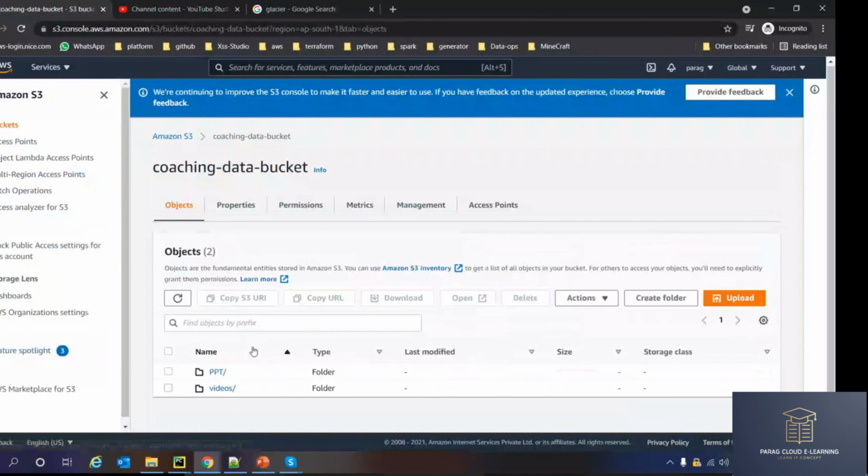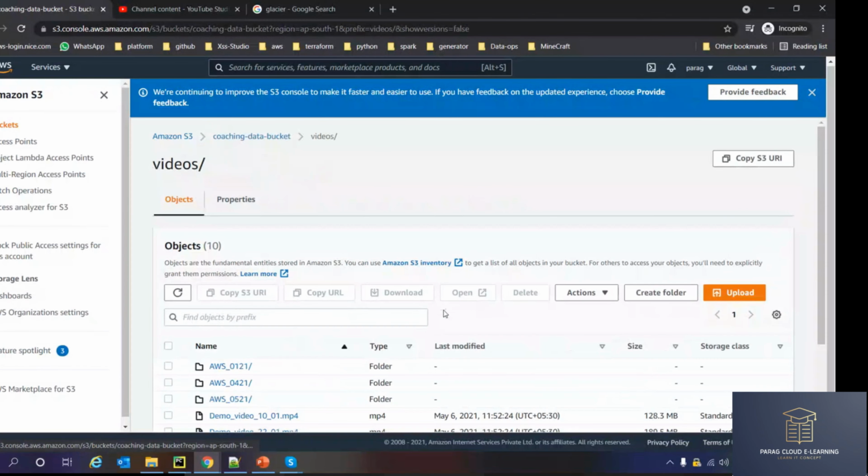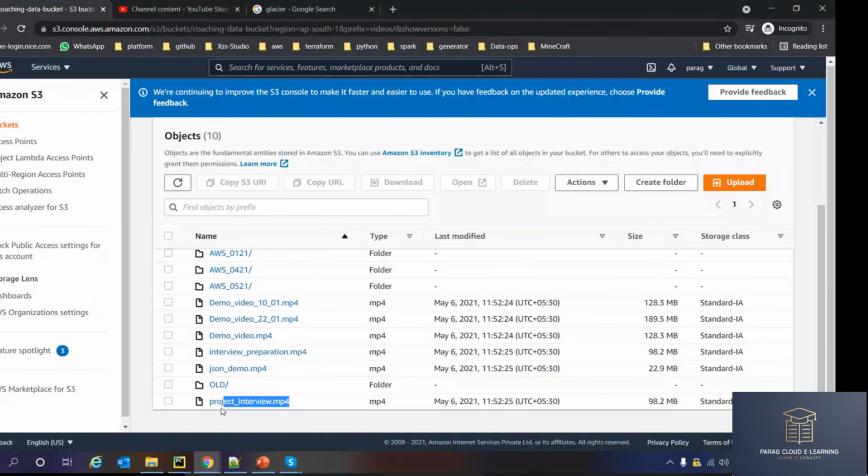So this is my bucket. You can see there are a few videos here. All the things which I kept in demo in our Google Drive. All the documents are kept here also. And I have kept them in S3 Infrequent Access. So compared to standard, I'm getting less charge. I'm not using this file that frequently, but whenever I require, I can click and I will get the file.